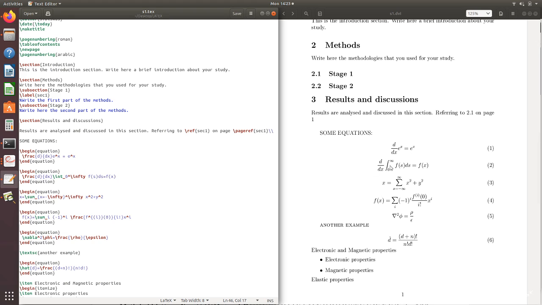And in this equation, d dx, there should be a fraction sign, with d the numerator and dx the denominator. So this will give you d dx, and then the integration is here from 0 to infinity. So int will produce the integration, the lower limit is 0 and the upper limit is infty, that means infinity. Then f(s) ds, that is equal to f(x). So that is all here.